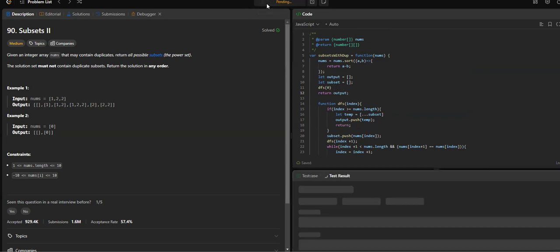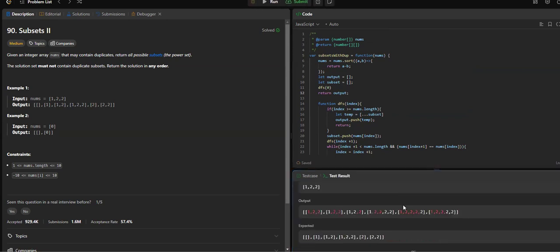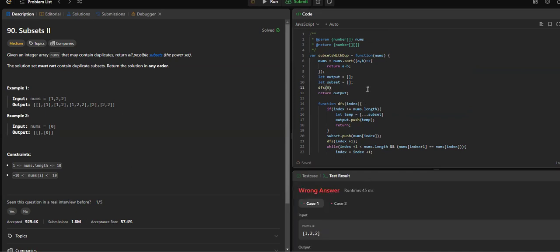Now let's try to run this. It says we are getting the duplicates here. Why so? Let us see. The very first line says nums.sort with a, b, we are just sorting, return a minus b, which is good. Then we're creating an output array, then subset, and then we're calling the DFS with the current index here